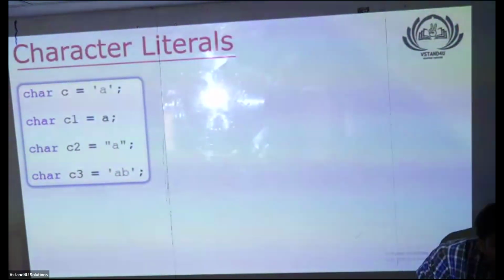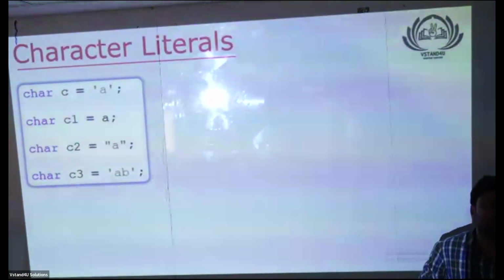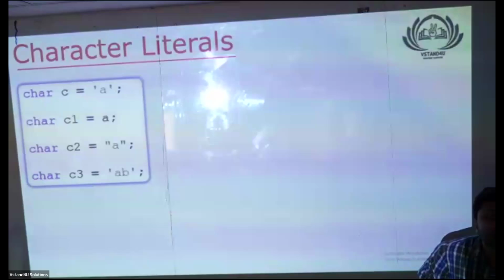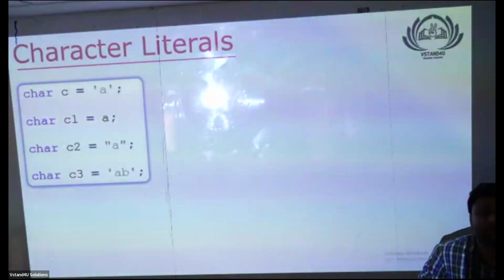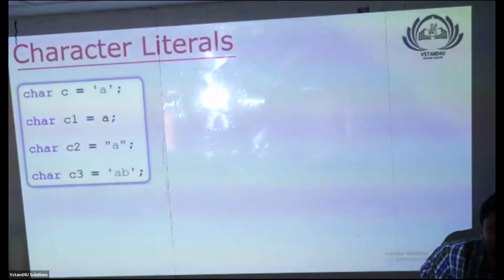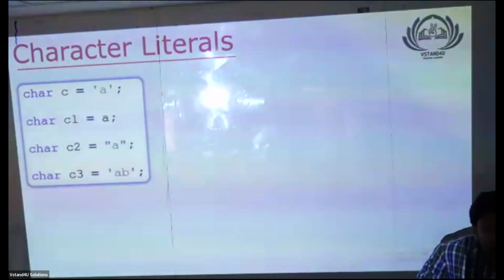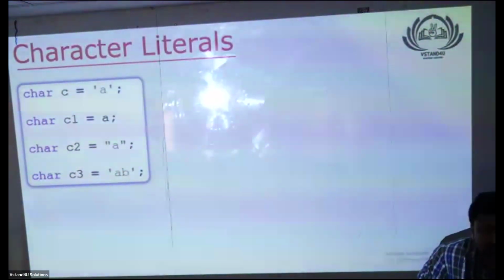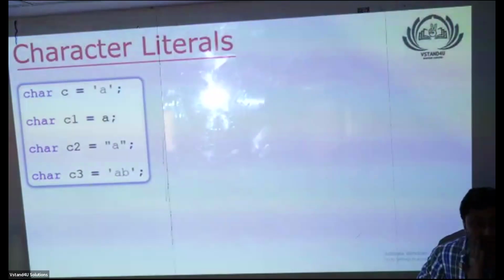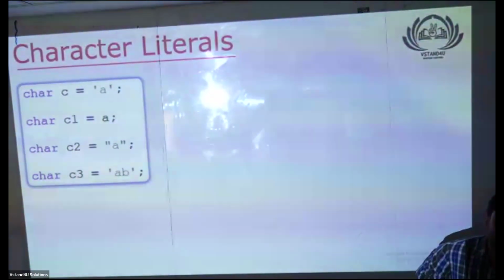Agree? If you are learning how to drive a bike, unless you drive the bike, you'll never learn it. No matter how much your friend tells you, there is no point. Unless you start practicing how to drive the bike, you are never going to learn. You must know how to change the gear. Am I right? Unless you practice, it is purely a waste of time for your friend as well as yours. Similarly, if you are not practicing programming on a daily basis, forget about me. Even Brahma, Vishnu, Mahesh come, they cannot help you.